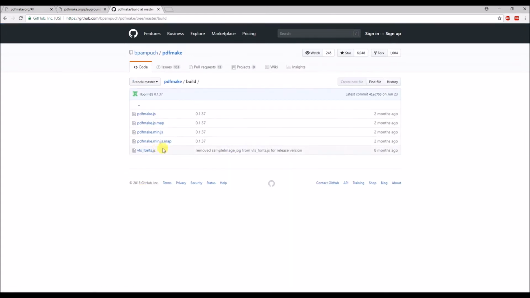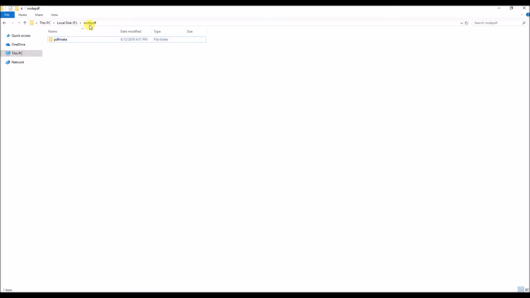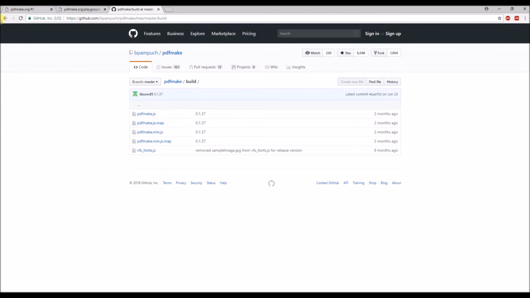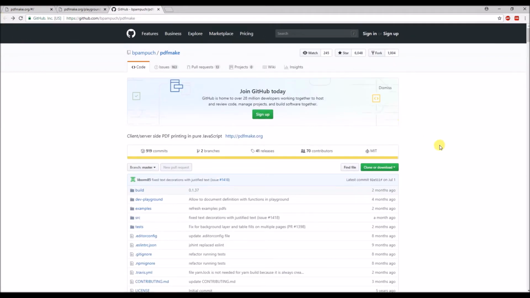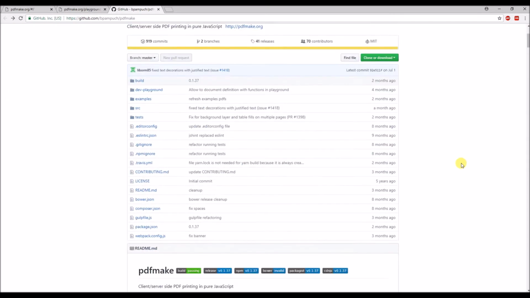So what I have done to use this library in the Node app is I have downloaded the files which are in this build folder, and I have created a folder in the application folder, and I have copied them over here. So the reason why I have done that and why I am not using the standard way to use any module in a Node.js application, that is to use the Node package manager to first download the dependency and then use it, is because the